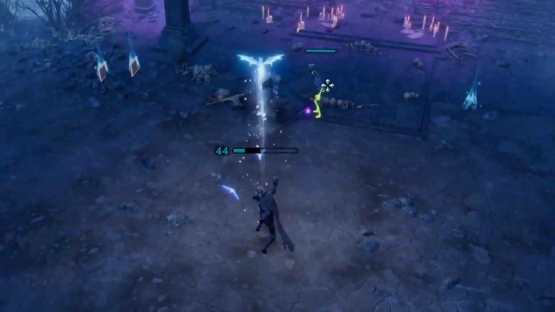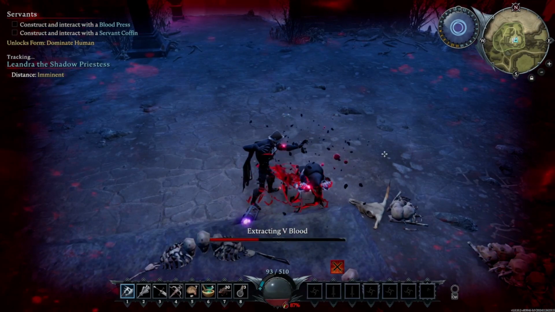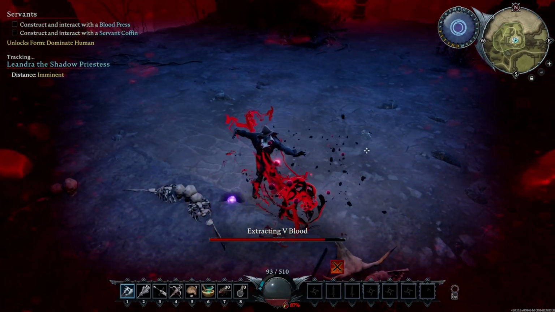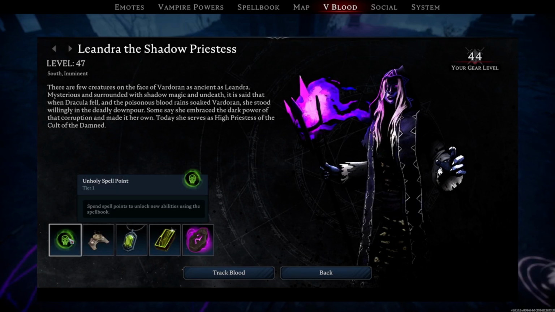Oh, she's not dead. My little soldier guy did it. My skeleton guy. That fight can get a little bit annoying if you don't manage your stuff. Like, I wasn't managing my stuff great and I almost died, so just take a little care when you're fighting that. But if you are able to slay her, you will be rewarded with a tier 1 spell point, but